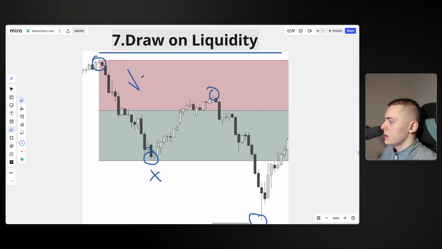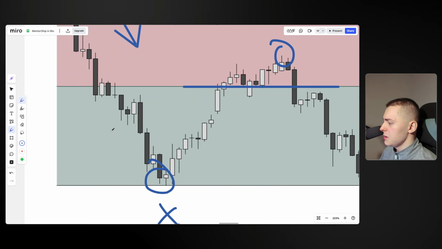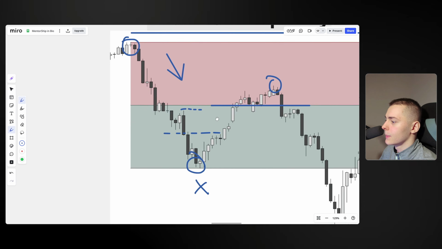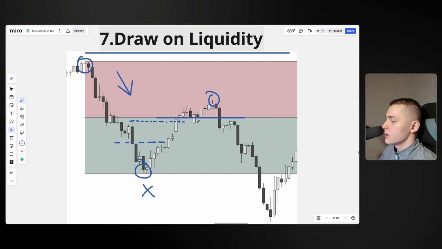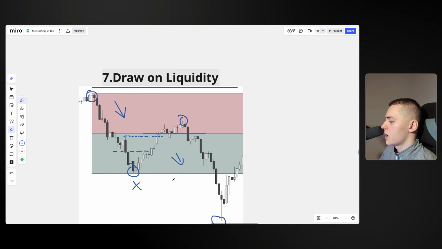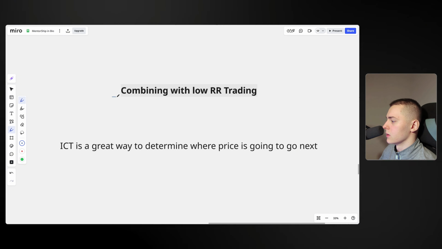So again, since we know that we are in a downtrend, we are waiting patiently for the market to trade back into the premium range. Because anybody who has shorted right in here has their stop losses above this swing high. Those stop losses will get hit, which is more fuel for us to trade into the downside of things and take our profit. And here's the golden part of this video, combining ICT with low risk to reward trading.